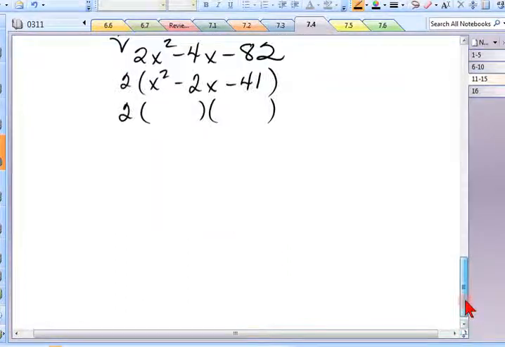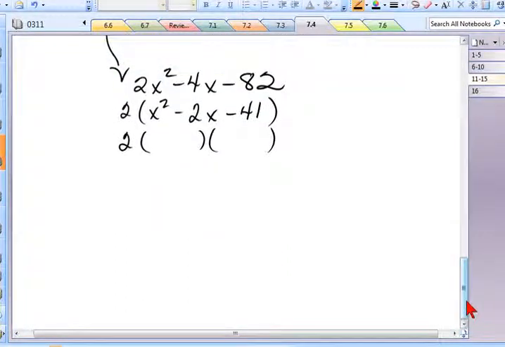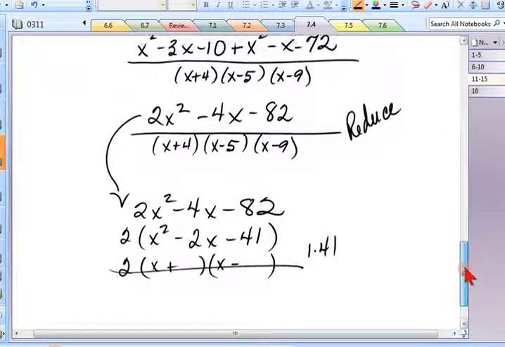Whoa. I know I'm going to need an x and an x. I'm going to need a plus and a minus. Now 41 is a prime number. The only way to get 41 is 1 times 41. Does that have a difference of 2? That's all I could do. Would that help me